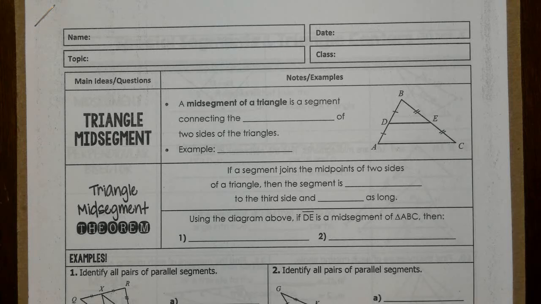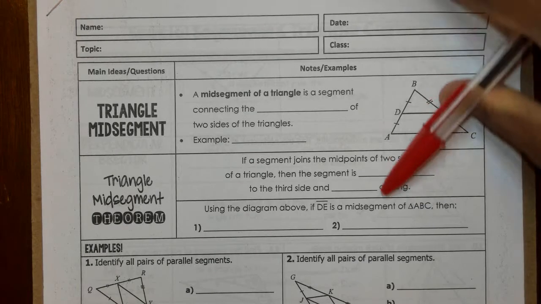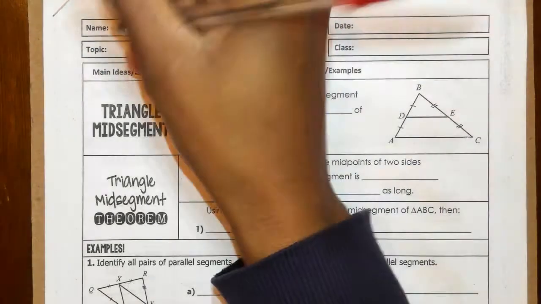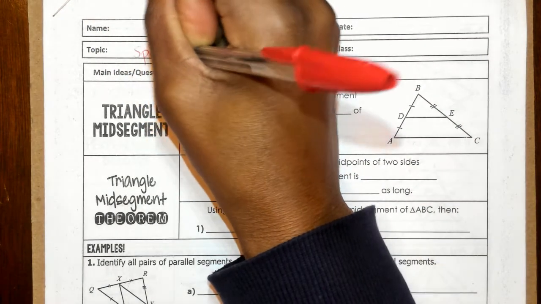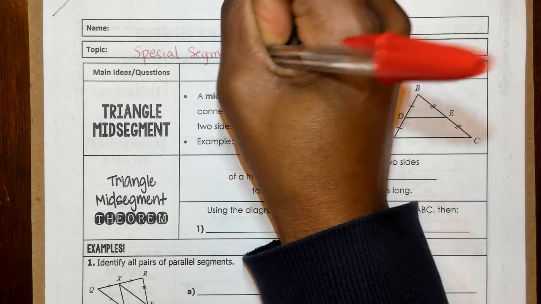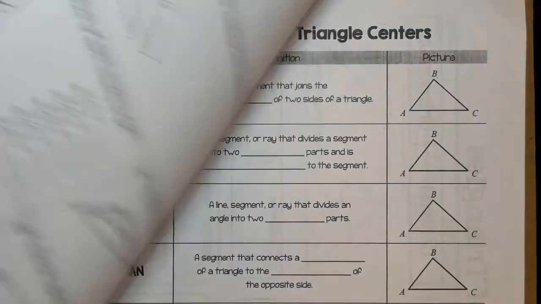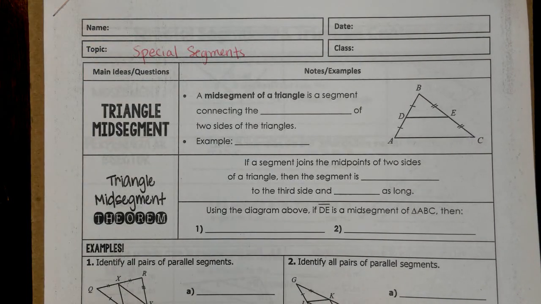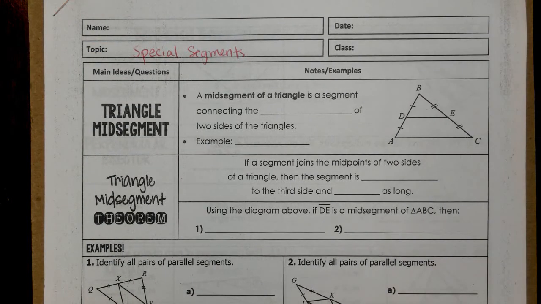Okay, so this is for the students who are absent or anybody that just wants to go back through. This is day 3, which is all the special segments and triangles. Topic 3, I'm going to go over the triangle midsegment. And if you were here for the first part of this lesson and you missed the back 3 pages, then you can just fast forward in the video